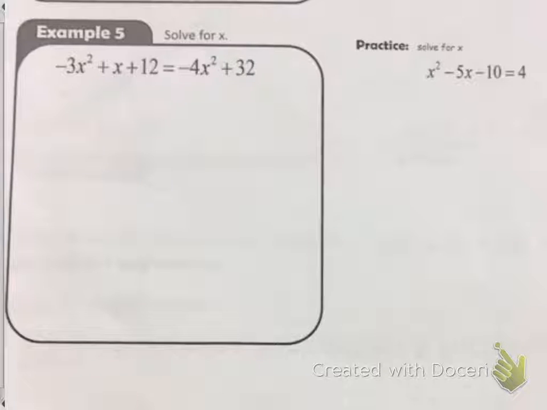So on these last two problems, and I'm just going to skip over to this one right here, before you can solve it you need to have it set equal to 0. So subtract the 4 over to the other side so it's set equal to 0. You'll have x squared minus 5x minus 14. And you're going to just have to